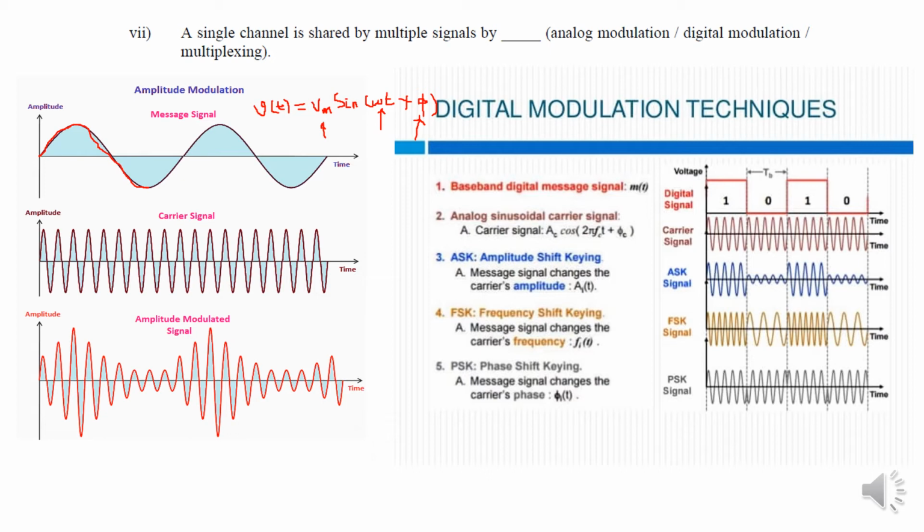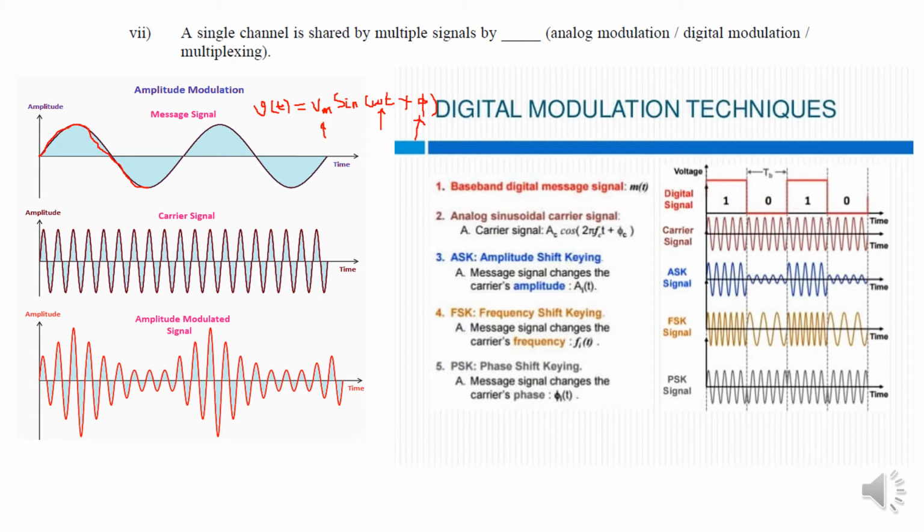We have shown that there are three properties of a signal that we can use to convey the signal. In this case we see that amplitude is changing. During the time of 1, the amplitude of the carrier signal is high. Then during the time of 0, the amplitude is very minimal. Again high, again minimal. From this we can identify the digital signal, because when the amplitude is high, that is 1, then the amplitude is low, that is 0, again amplitude is high, 1, again low, 0.